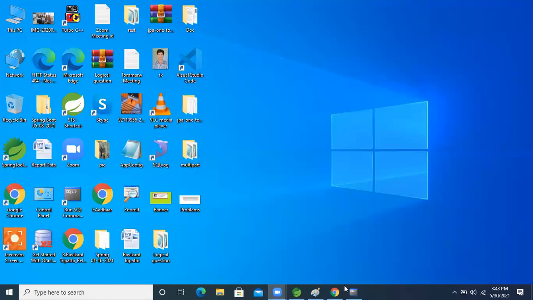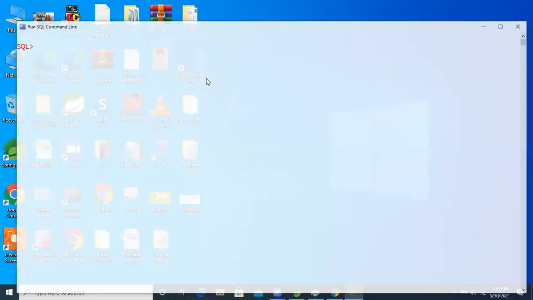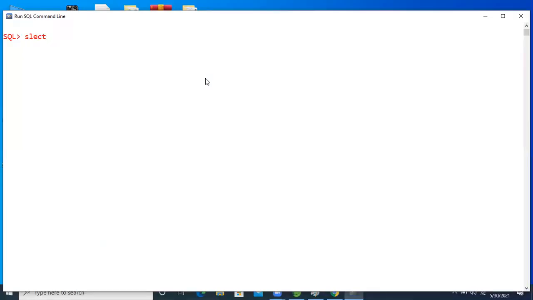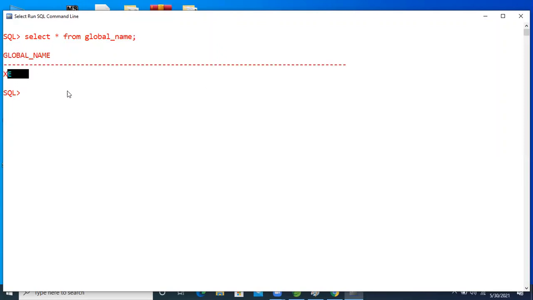Okay, guys, this is our database. I want to connect, but first select star from global_name. Our database is XC. The global name of my database is XC, right? Fine now.